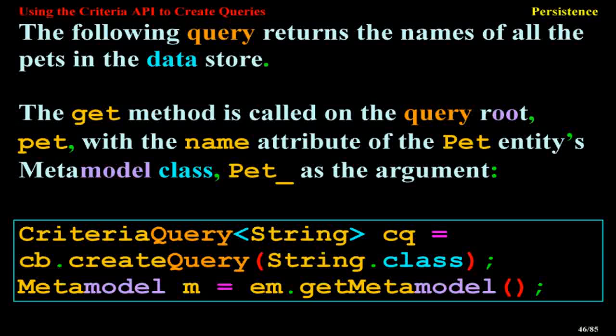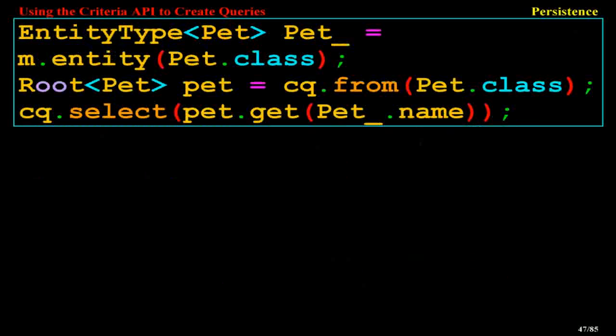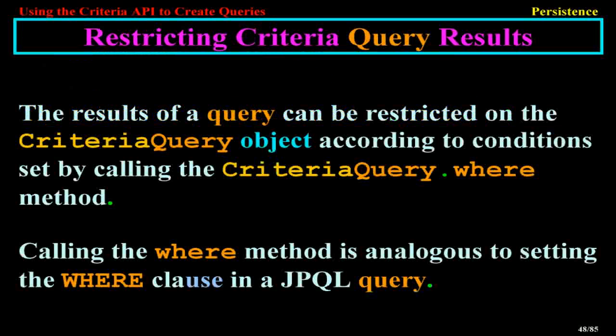CriteriaQuery<String> cq = cb.createQuery(String.class); Metamodel m = em.getMetamodel(); EntityType<Pet> Pet_ = m.entity(Pet.class); Root<Pet> pet = cq.from(Pet.class); cq.select(pet.get(Pet_.name));